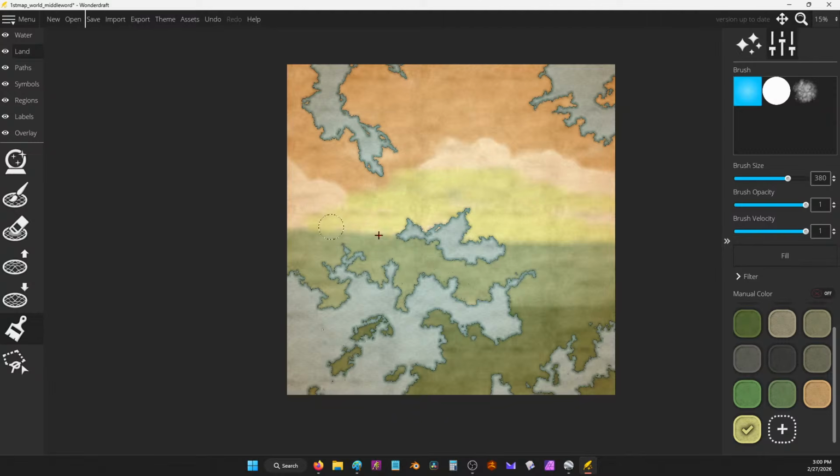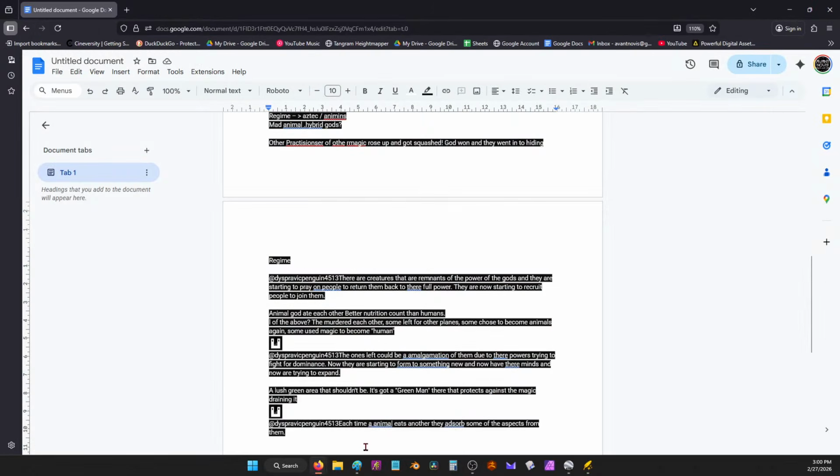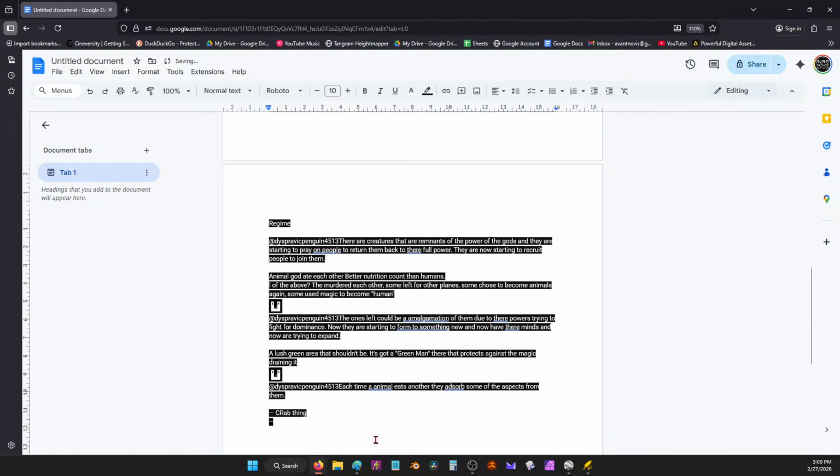Okay, so this is going to be our plains and hot savannas. And we just said that there is a green man effect going on. They're either platypuses or crabs. I like the crabs. Let's do both. Why not? So we now have 2 gods, and we can figure these out a little bit later. We have crab thing and a platypus. And that's what they started as. They're not